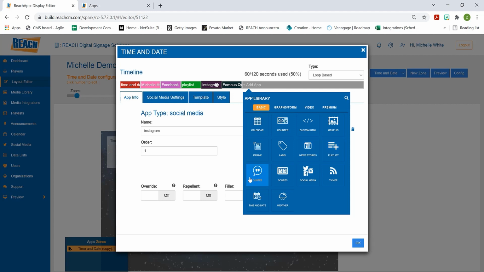Quotes is an automatic pull where you can pull famous quotes, movie quotes. Again, who doesn't like seeing quotes when they walk through? Sports scores, again, the latest and greatest of NFL or baseball or hockey. So again, you can display some sports scores. We already talked about social media a little bit there, but know that you can pull Facebook, Instagram,